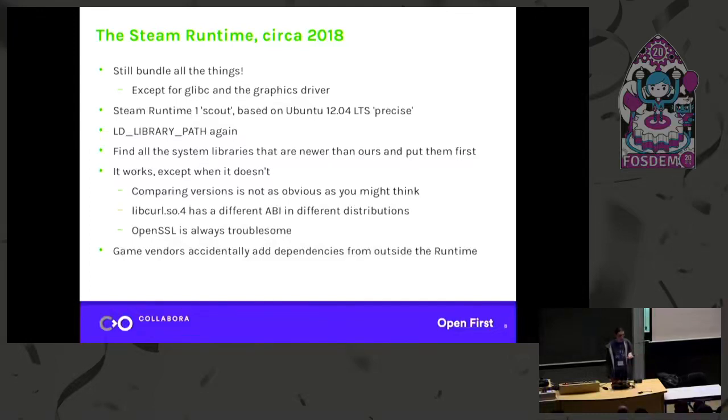If others of your system libraries are going to be newer, like in practice you will have a newer libjpeg or GTK or whatever, we'll use those from your host system instead of ours. And again, the LD library path is a mile long, even longer in this case, in fact. And it works great, except